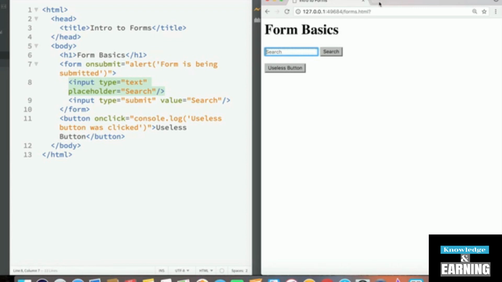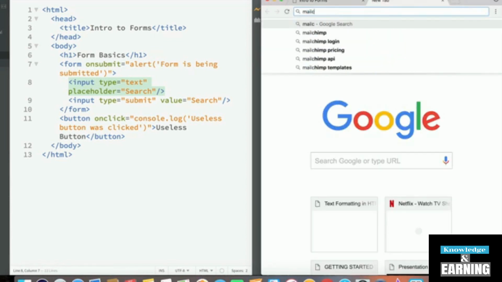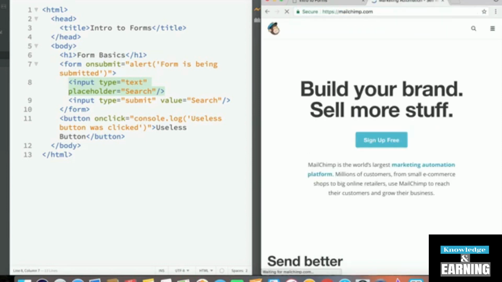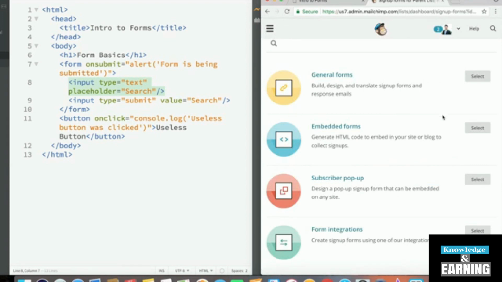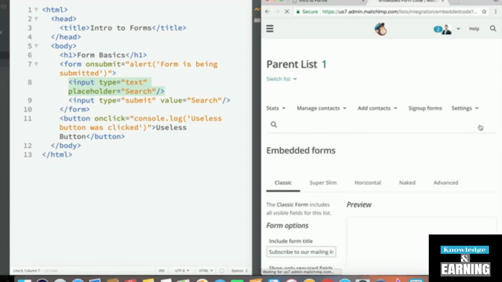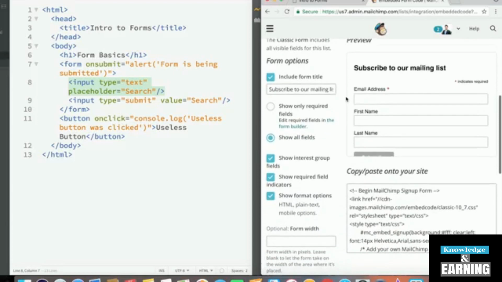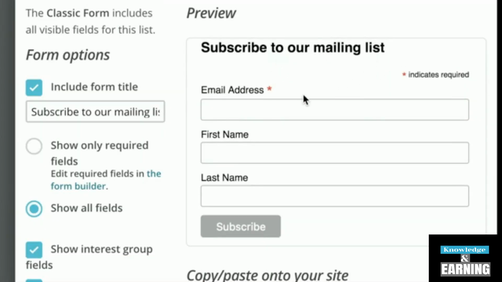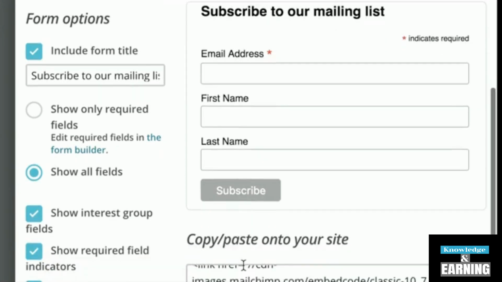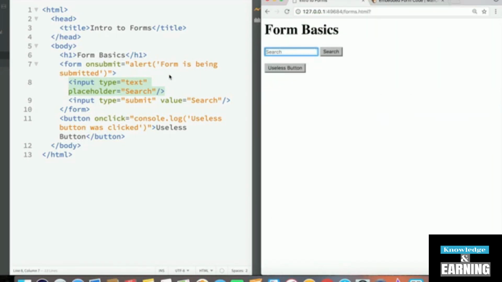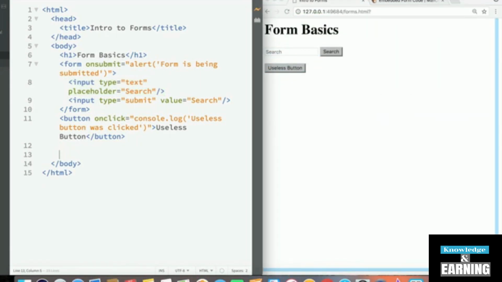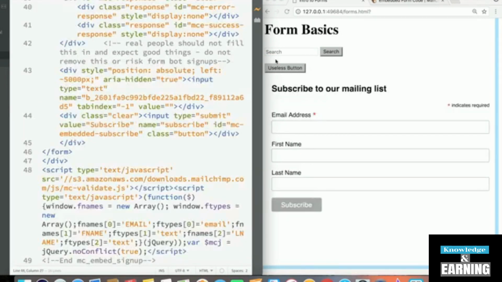Luckily, even if you don't know JavaScript, there are certain tools that you can use to submit essential forms like a mailing list using a software like MailChimp. So I'm here inside MailChimp, and when you select a list in MailChimp, you can select an embedded form. And when you select an embedded form, it shows you the preview of the form that you want. Subscribe to our mailing list, email address, first name, last name with a subscribe button. I can just copy this code, pure HTML code, go back into our intro to forms, and underneath, at the very end, I could just paste this code in, and it'll show me the same form that I saw here